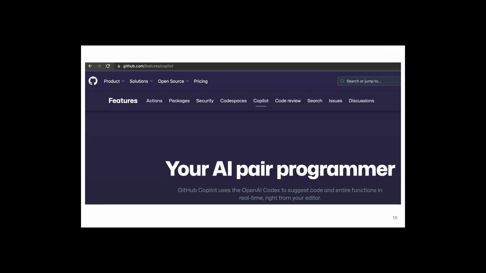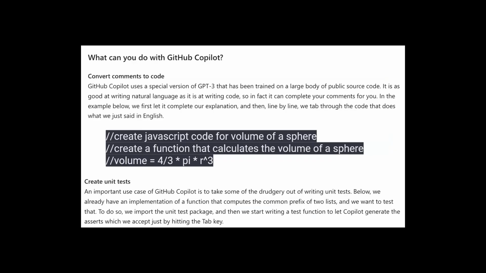If you read through it, you'll see that it gives coding suggestions. The same comments that I wrote up there can be inserted in Visual Studio Code like this.